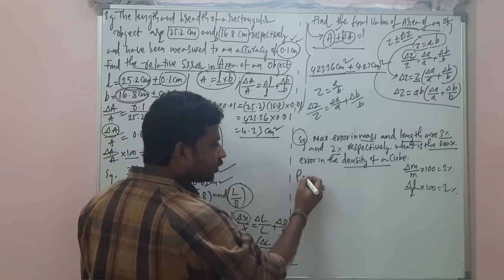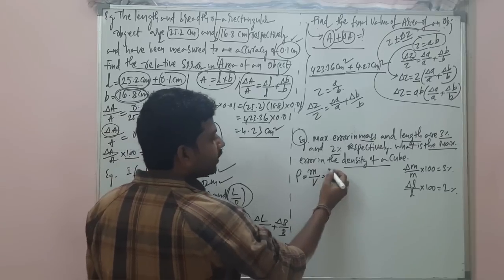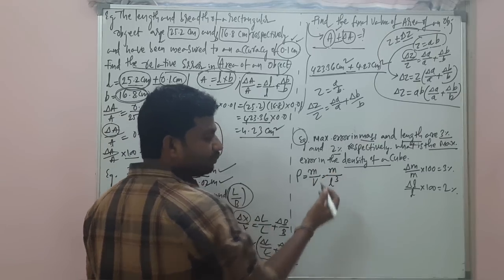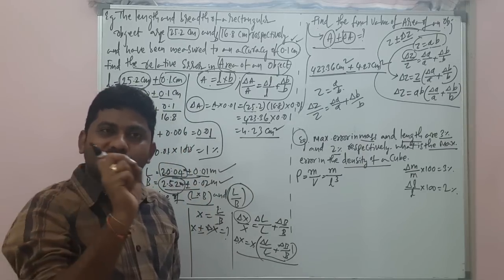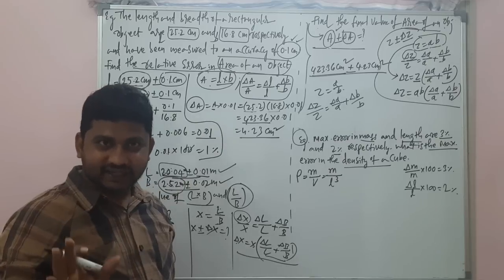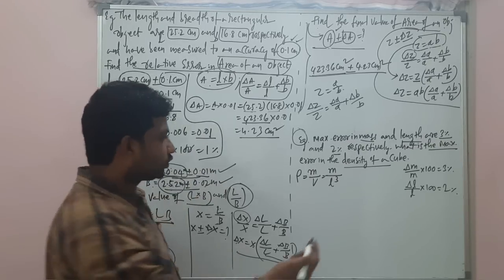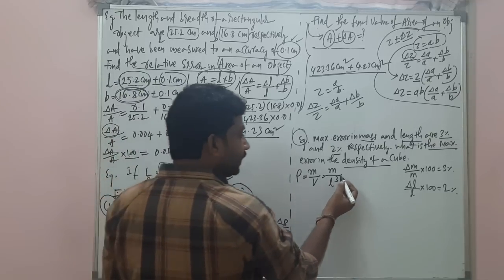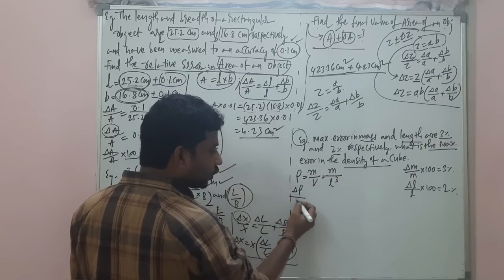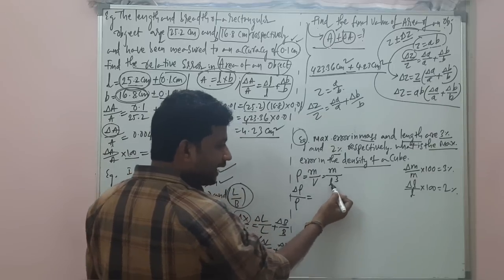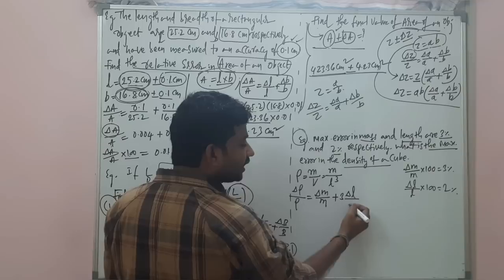Generally, density is denoted with the symbol rho, and density is equal to mass by volume. So here, mass divided by volume, which is L cube, because for a cube, length into breadth into height, all the sides will be the same. Everywhere the same as it is a cube. So I can write it as L cube. So now the maximum percentage error in the density: I can write delta rho by rho, which is equal to delta m by m plus 3 into delta L by L.